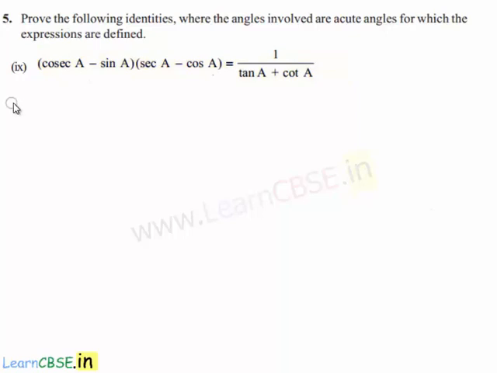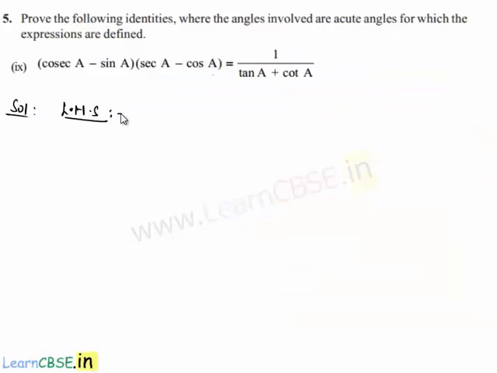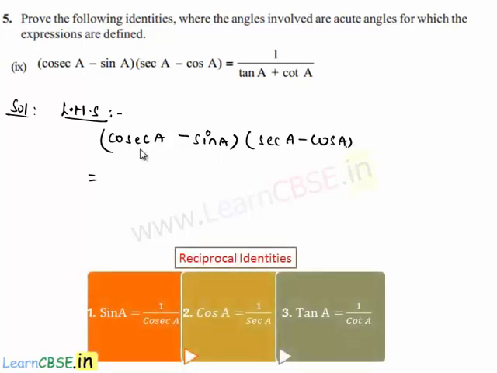In order to prove this, let us initially consider the left hand side, that is (cosecant A minus sin A) into (secant A minus cos A), which is equal to, here cosecant A can be written as 1 by sin A minus sin A into secant A can be written as 1 by cos A minus cos A,